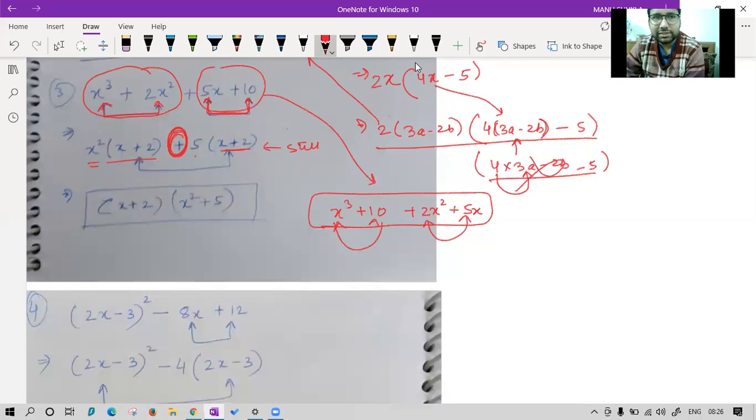So you can see in this case x square is common and in this case 5 is common. After taking common, we have got this expression in which x plus 2 is same to same. In both the expressions we have x plus 2 common, so we have taken it outside. After that we have got x square at the first place and 5 at the second place and got the second factor. So factor 1 is multiplying with factor number 2. That's it. It is your factor form.